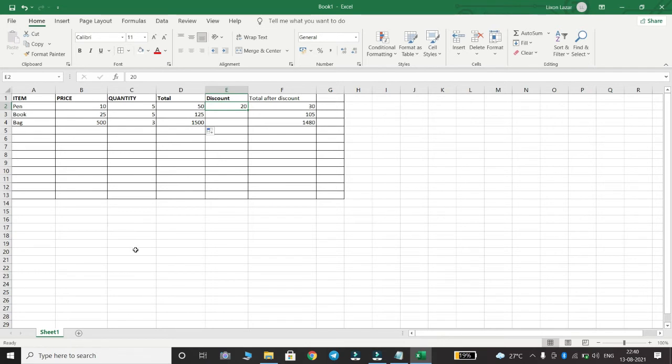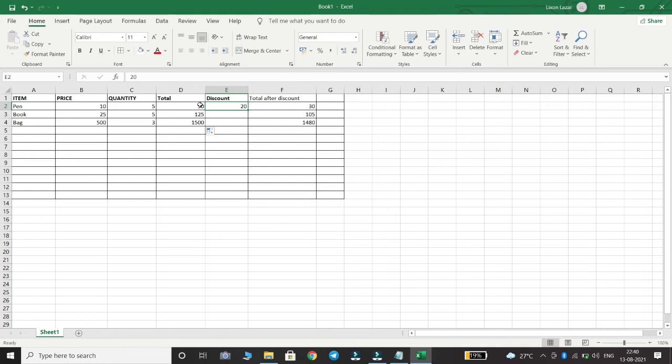Absolute references. If you want to maintain the original references as they were, then we can use absolute reference. If we want to make the formula retain the original reference when it is copied, then you should precede the column reference and row reference with a dollar symbol. For example, here there is a list of items: pen, book and bag, and the price and quantity of each item is given.